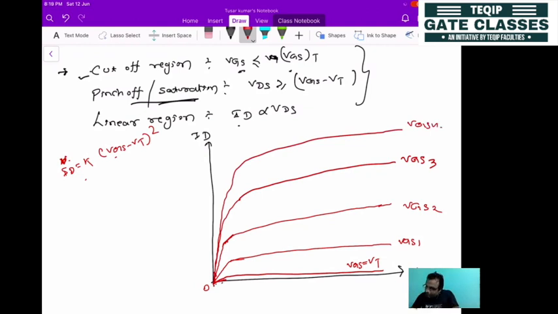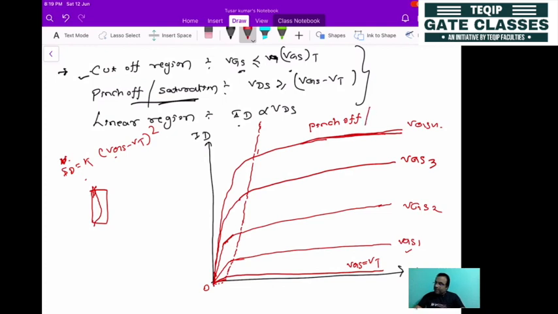Now look here. Take the locus of all the pinch off voltages for different values of gate to source voltage. This locus will be the boundary condition between these regions, and it is called pinch off. So pinch off means, let's say the channel was like this, and the narrowing of the channel has occurred. Still some current will be flowing, but it will not decrease; more or less, the change in the drain current will be constant.